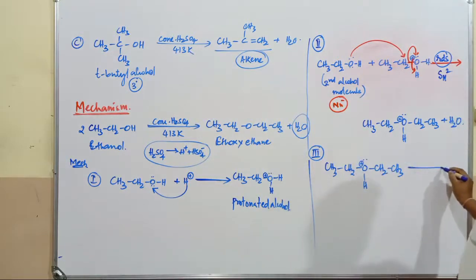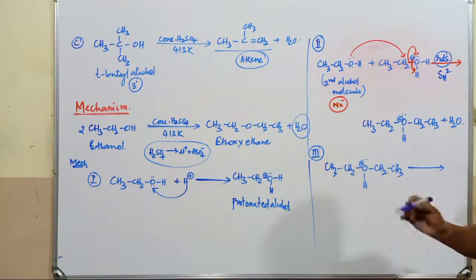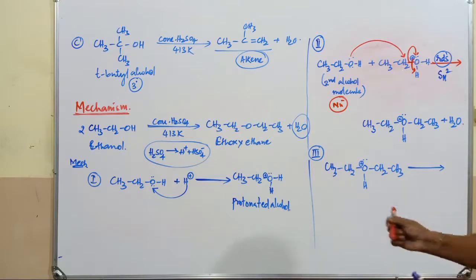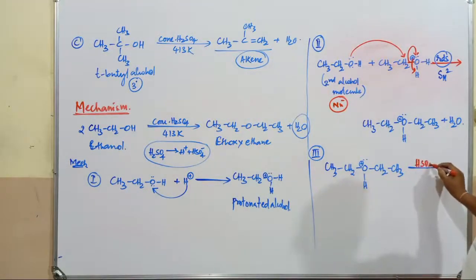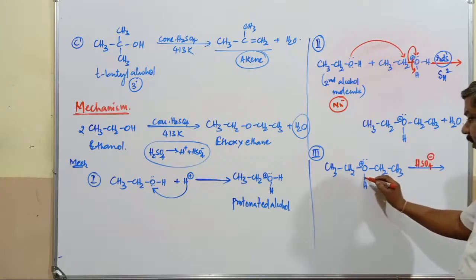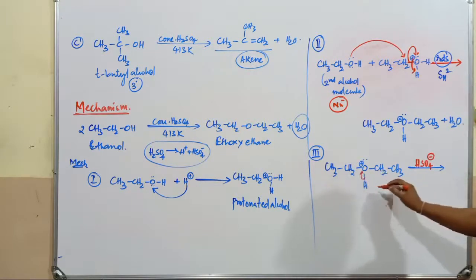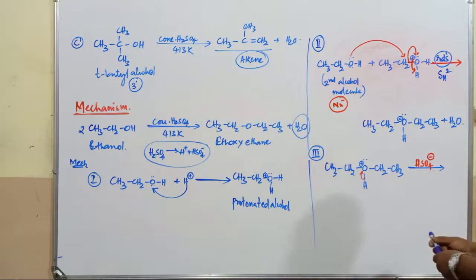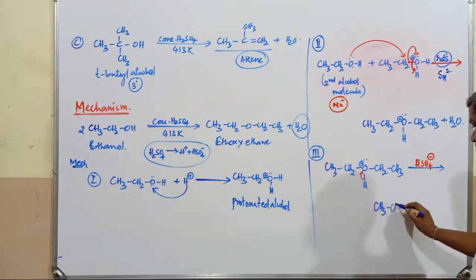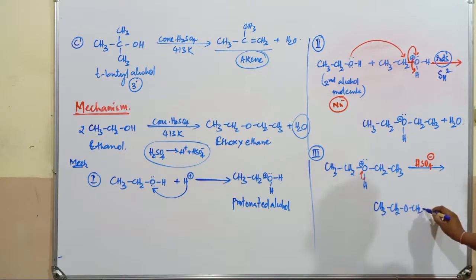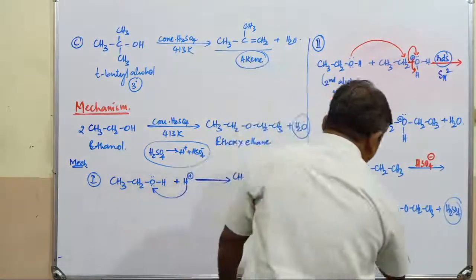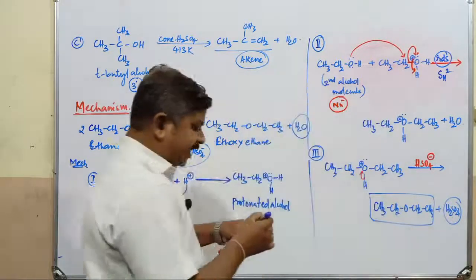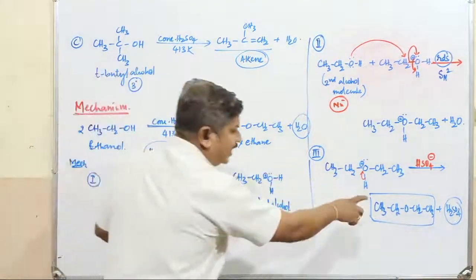Probably you are predicting what happens in the next step. What do we have to eliminate to get the ether compound? To get the ether compound, this hydrogen should be eliminated. For the elimination of hydrogen, we have to use HSO4 minus. So whatever amount of HSO4 minus was remaining attacks here, and these electrons are shifted over this one. When H plus attacks this HSO4 minus, the remaining compound is CH3CH2OCH2CH3, plus whatever amount of H2SO4 we have used, the same amount of H2SO4 is obtained. So this is an ether compound. What's the name of that ether? Ethoxyethane.